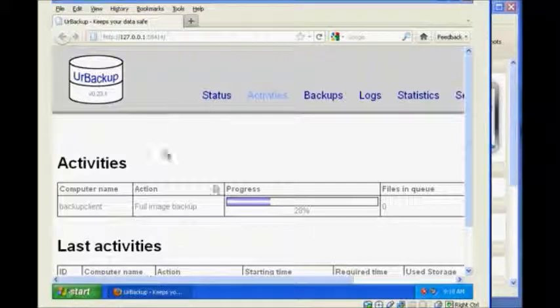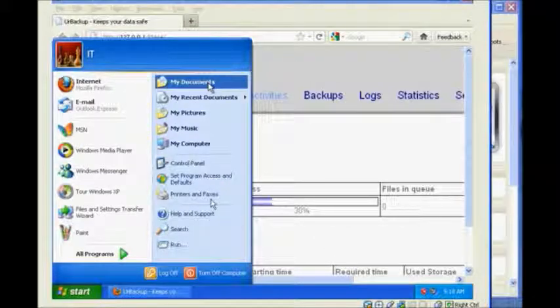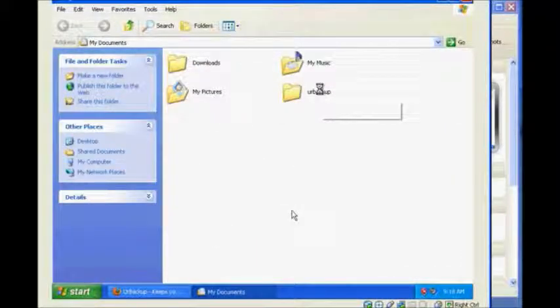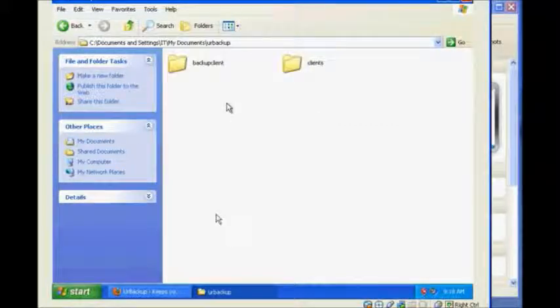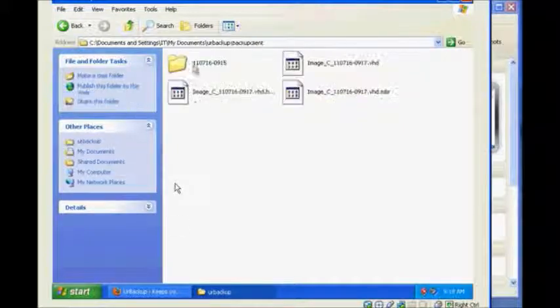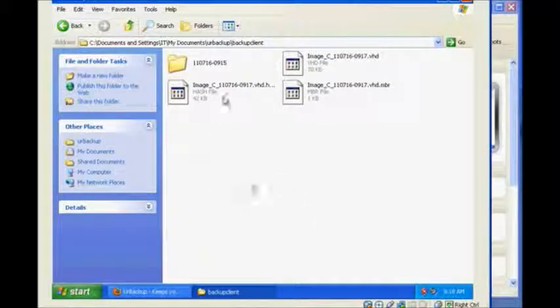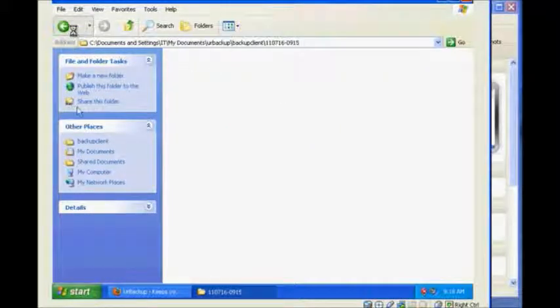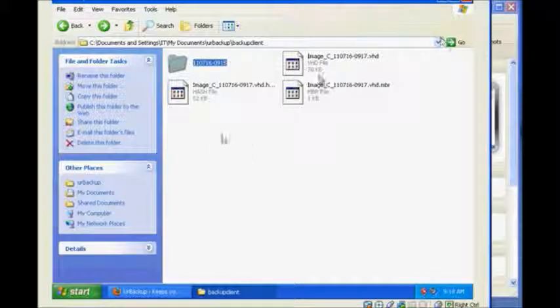The client computer is going to come to my server, and you can see right here, if you go back to my documents on the server, your backup, you see the backup client has automatically created a folder, and you click on it right here, and you can see that the image is being created. MBR is right here, that's a full image, so you can do the whole restore, and incremental backups will be right here. Since this is going underway right now, it's not going to do this, so once it's done with the imaging, it's going to start